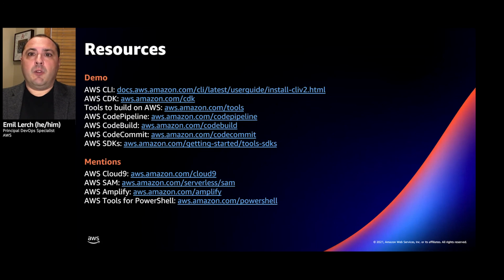So to recap the demo today, we went through a lot of different tools. The AWS CLI version 2, the AWS CDK, the tools for AWS. This is the IDE toolkits that can be installed in VS Code, Microsoft Visual Studio, Eclipse, or any of the JetBrains family of IDEs. And then behind the scenes, we had CodePipeline, CodeBuild, and CodeCommit doing a lot of the heavy lifting of building, testing, and deploying Kate's code. And lastly, Kate was using the AWS SDKs to be able to interact with DynamoDB.